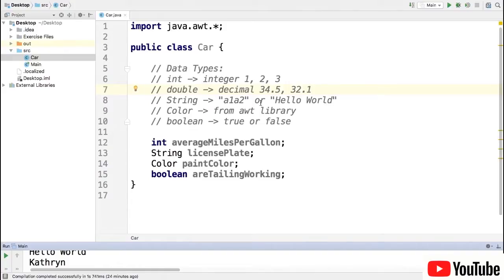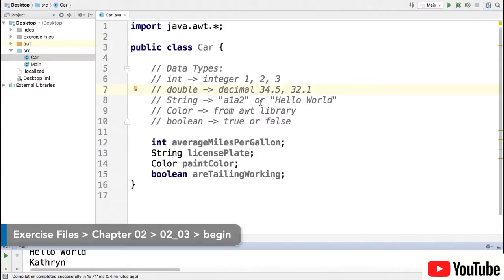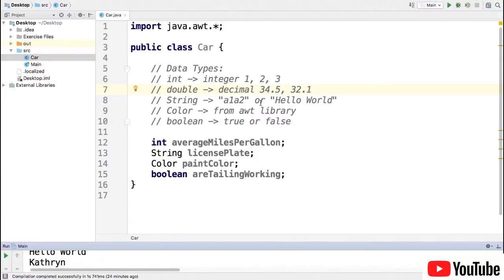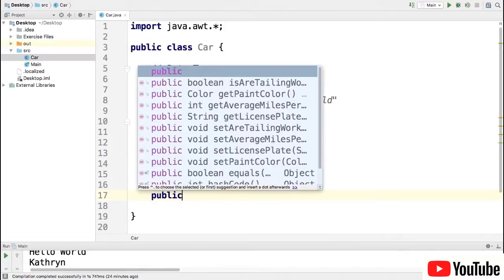Now that we've created our class blueprint, we are going to create a constructor and in turn start building some instances. To build these cars, we need something to construct them. In Java, that's our constructor method. So we are going to go below these variables that we created, these properties, and we're going to write public